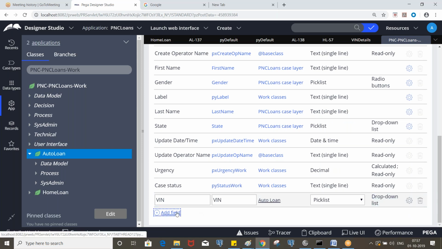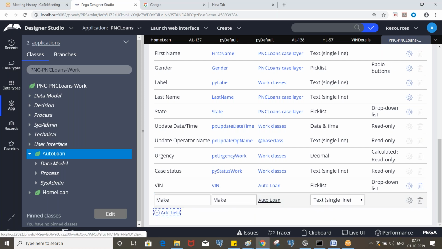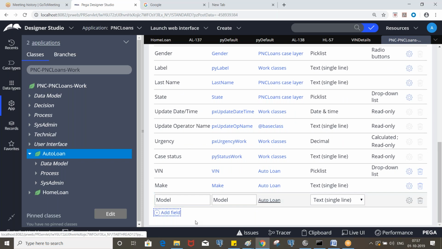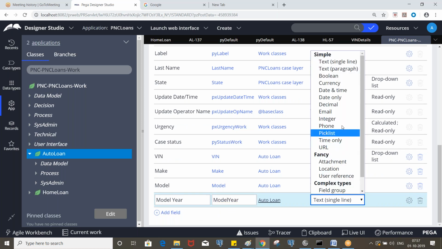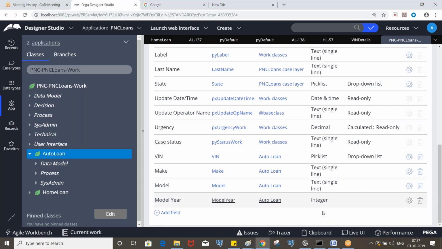Next, make, model, and model year. Okay, so now let's create a collect auto loan details section and use these properties.